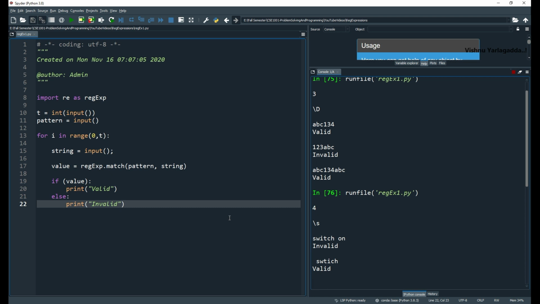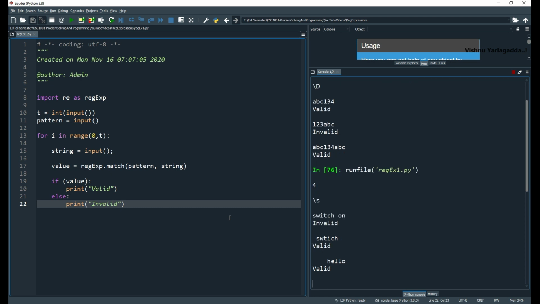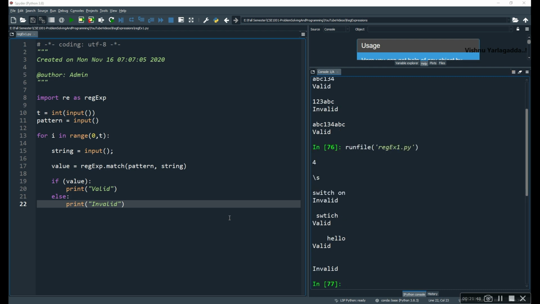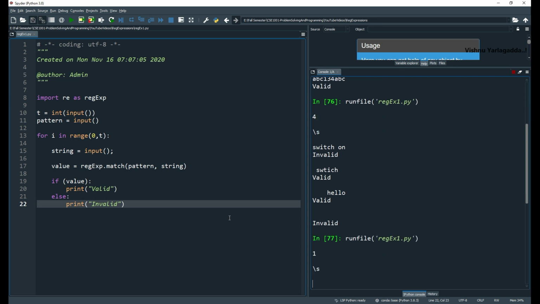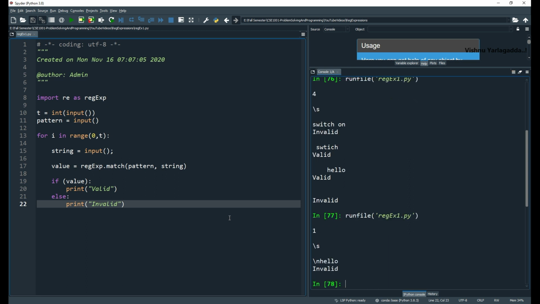Similarly, tab, hello, is valid. Likewise enter, sorry, \n hello, is also invalid. So it is not verifying the \n.